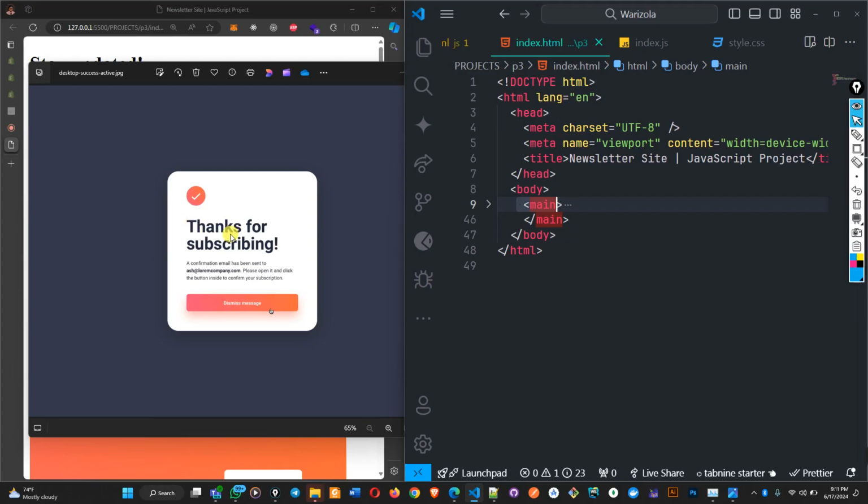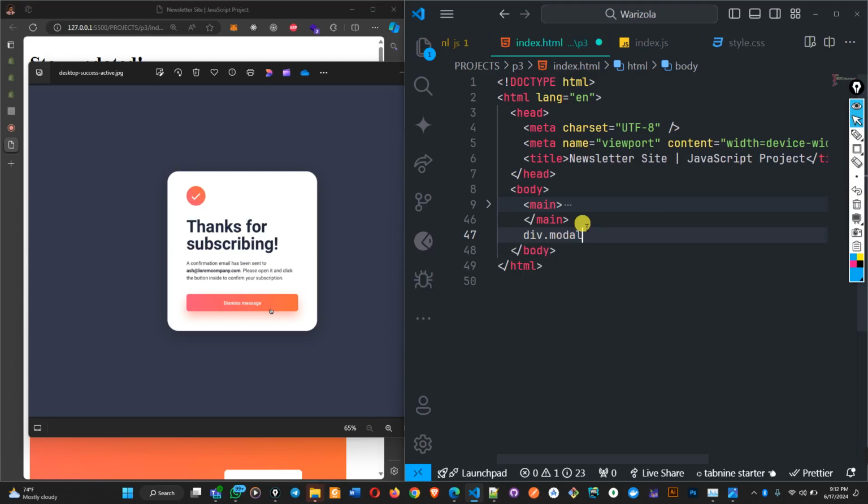But I don't want to use that method. I want to use a modal method so that you can see how you can create a modal, starting from the HTML part, the CSS part, and the JavaScript part. So since we are going to be doing that, after this main, I'm going to create another element here,